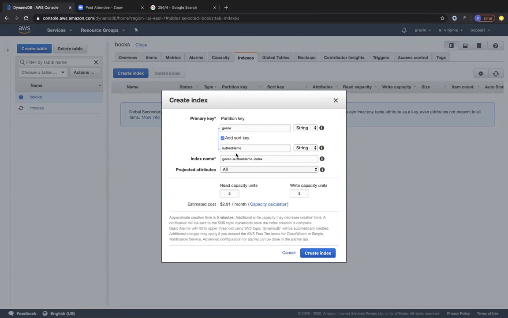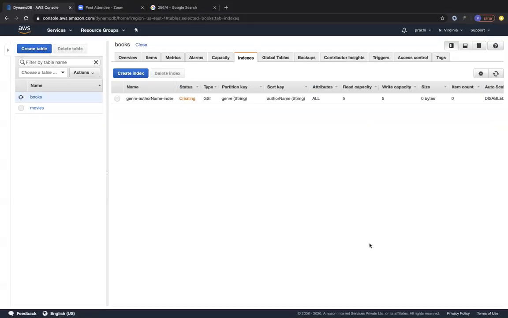But when you create the table, you have to think about that: when you use a partition key and a sort key, both together have to be unique, right? And you can see over here for your global secondary index also, you are going to provision read and write capacity units because you're going to do searching and sorting based on the global secondary index. So let's go ahead and create this index. It'll take a little bit of time for it to create, but by the time that we complete all of these, we'll be able to see that.